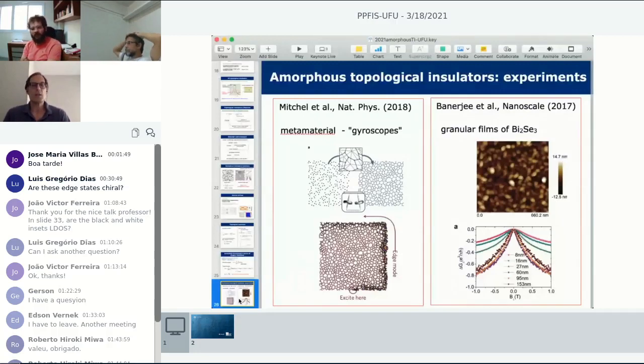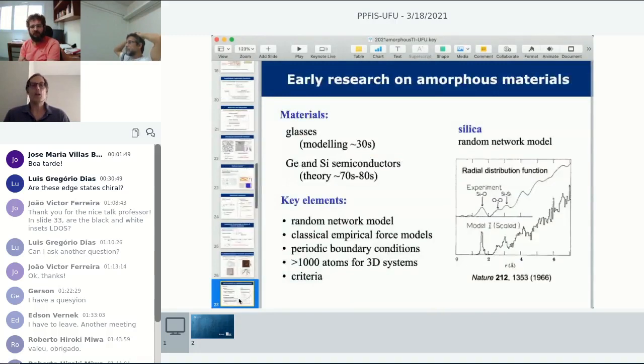Okay, so what is our approach to that? Before we get to it, a criticism of most of these theoretical models: they call these systems amorphous, but they disregard the whole literature on amorphous materials that started in the 30s of last century, almost 100 years ago. In semiconductors, people did a lot of work in the 70s, 80s, and 90s, including, I guess, Tomé, Tomé Schmidt, even Hiroki. I know that Beto Fazio was involved in that.